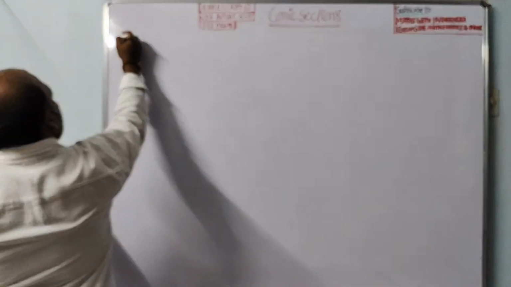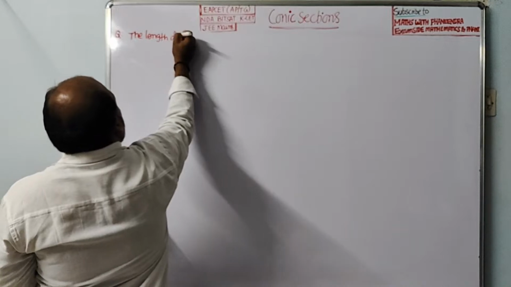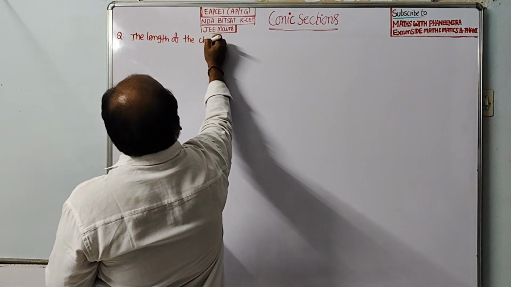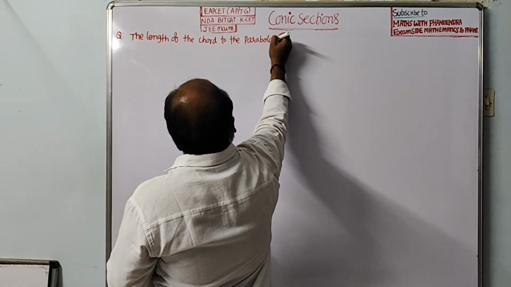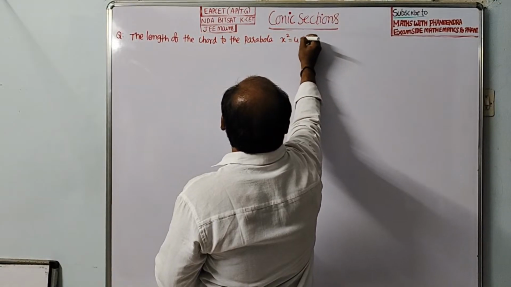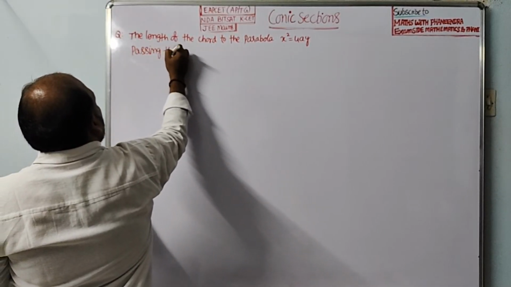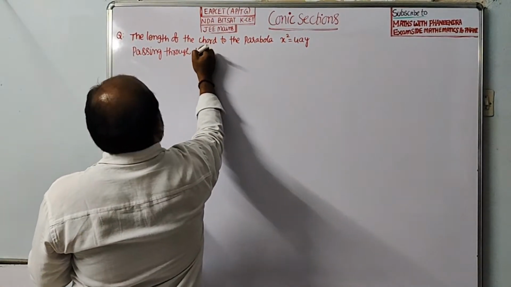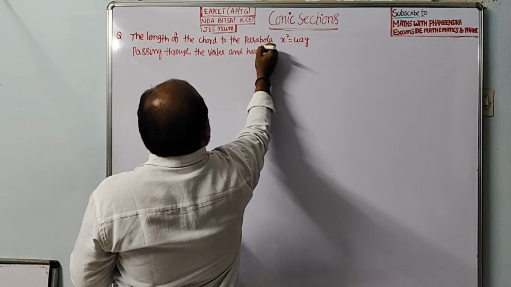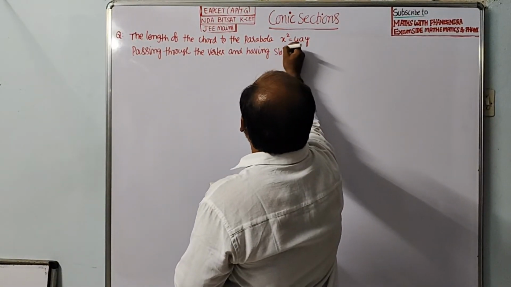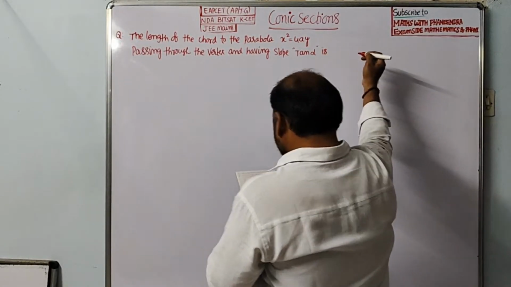The next question. The length of the chord to the parabola x square is equal to 4ay, passing through the vertex and having slope tan alpha is,